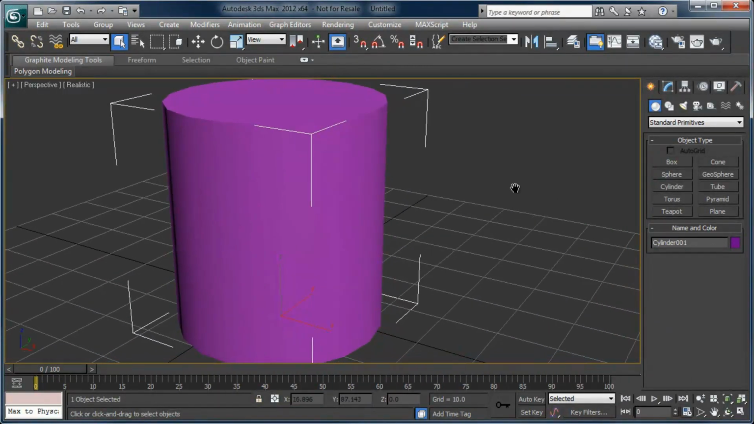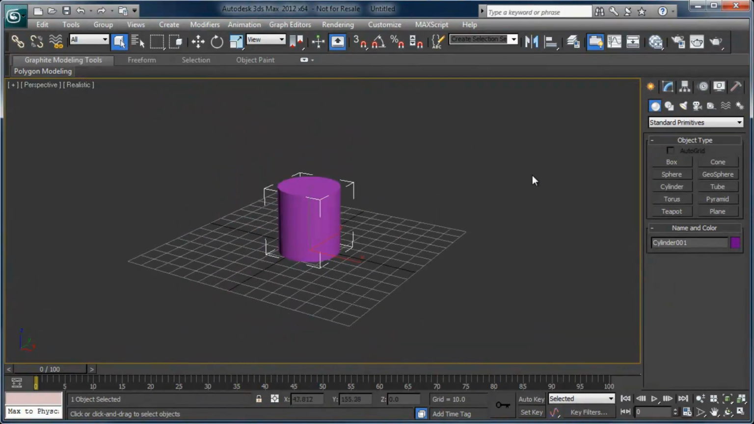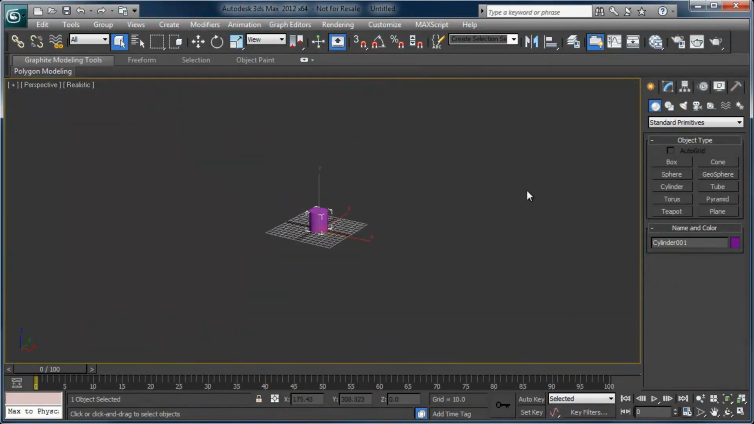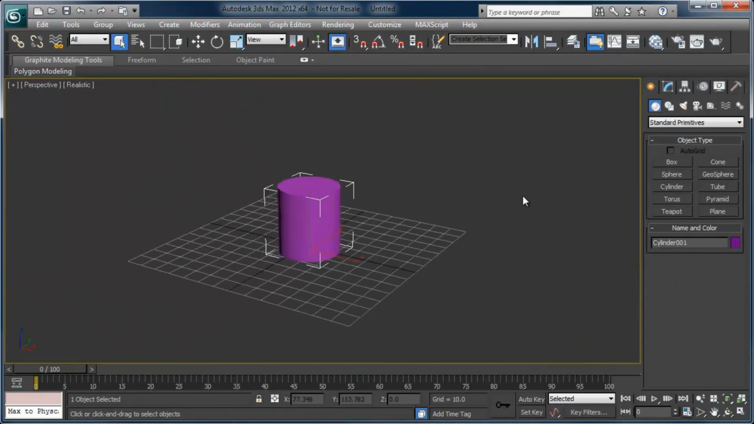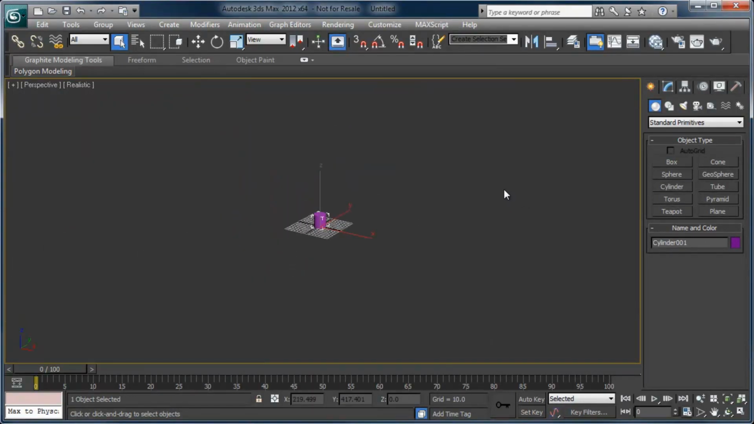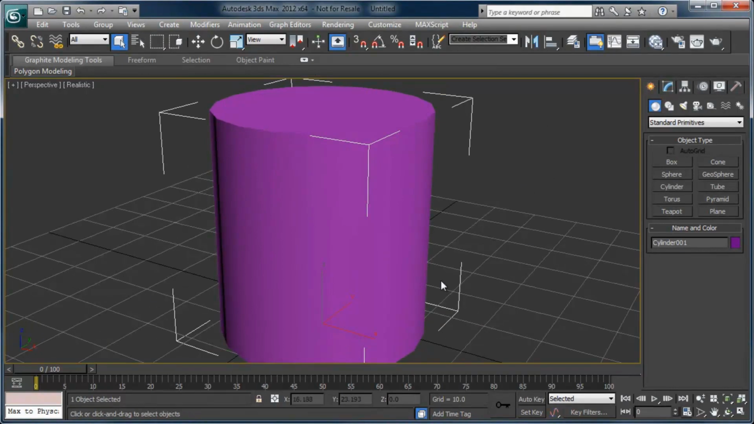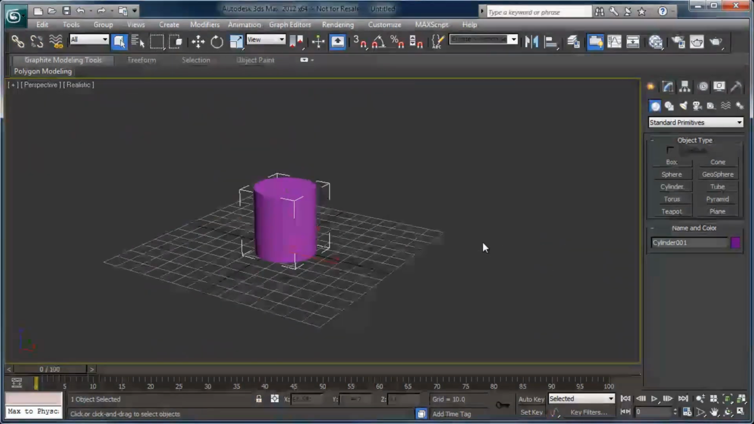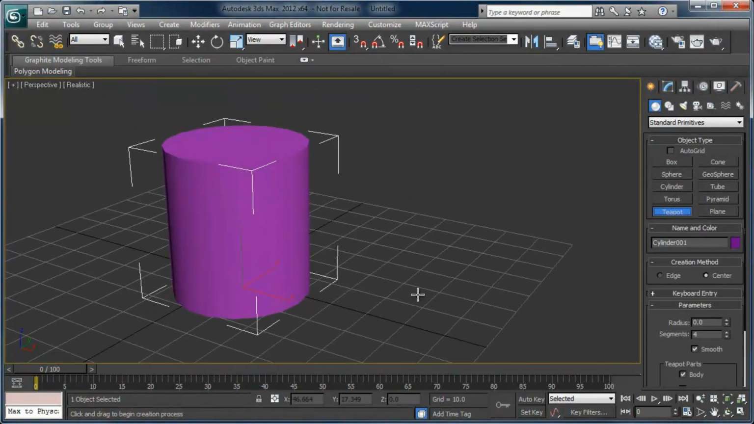Now if you scroll your middle mouse button in and out, you'll notice that you are zooming in and out of the scene or the object that you have selected. And so if you zoom way out and press that Z key again, this will immediately snap the view right back to the object that you have selected. And so if we go ahead and zoom back, let's make a teapot